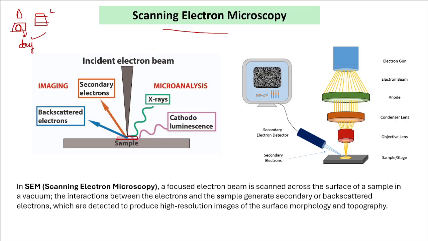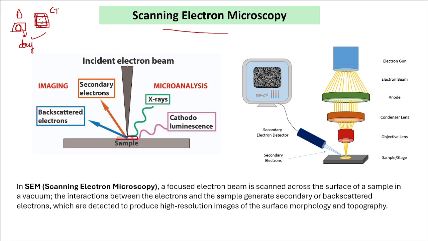Now, this carbon tape is used basically to increase the conductivity. So whatever sample you put, either the glass slide or anything, needs to be put on the carbon tape. Put your powdered sample on this carbon tape and then put it on this sample stage. We'll see that. Now you put your sample here.